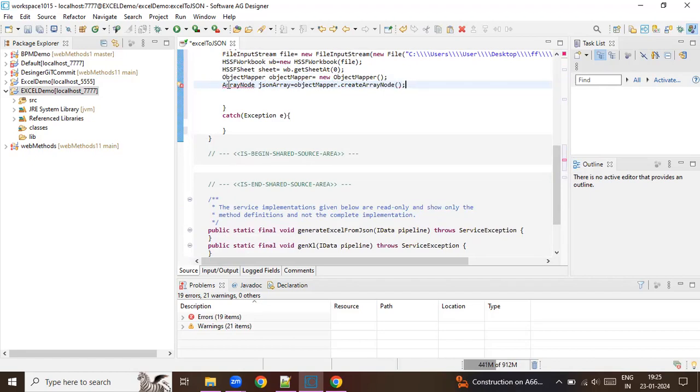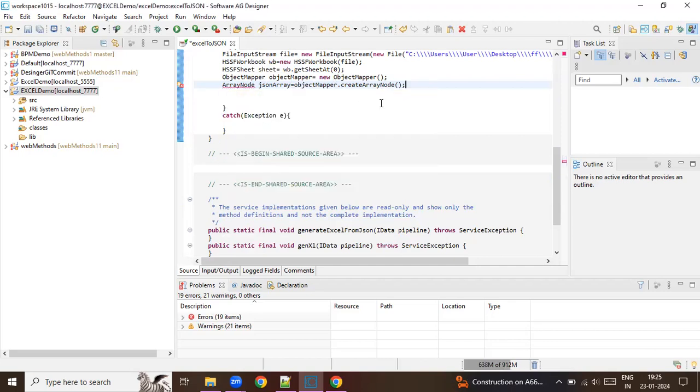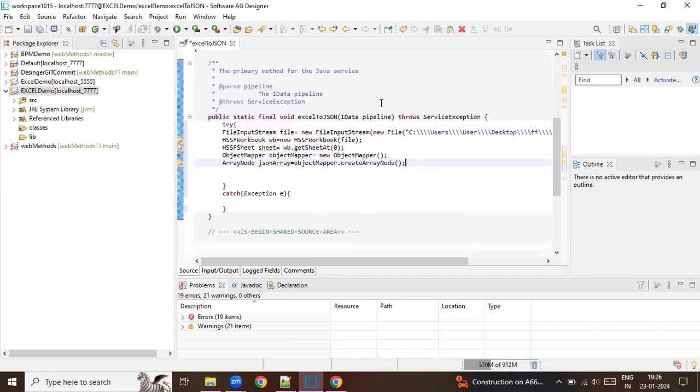And I need to import this binder. So I'll just import it. So the import is done. That's how you generally write the statements. Once you've added the related jars in the build path, it shows you the fixes as to what needs to be done. So what I've done till now is I've taken the object mapper, I've taken the array